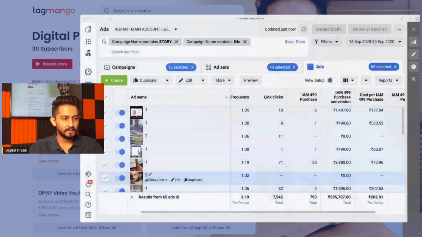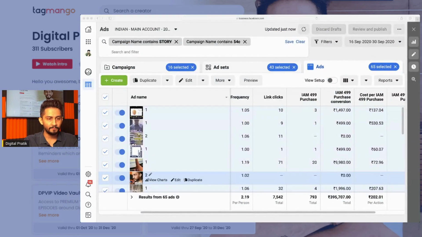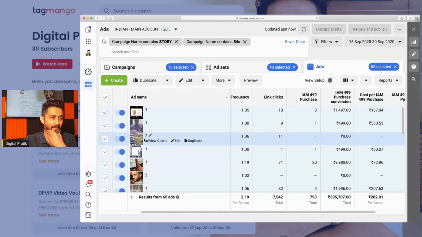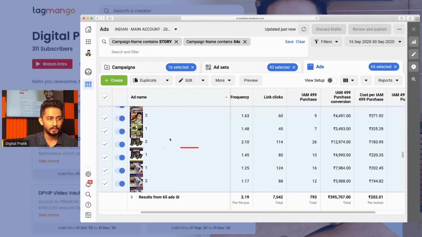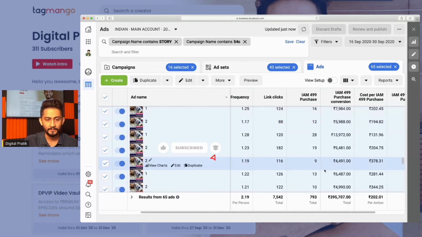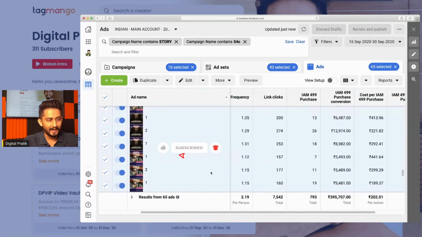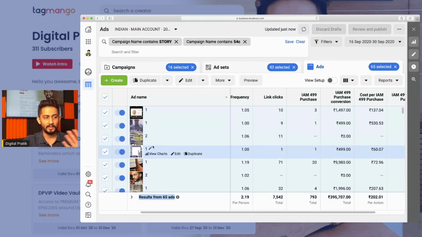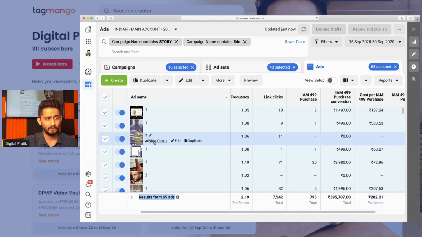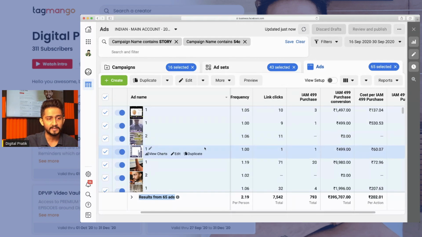So I'm going to just share my screen right over here, and you can see these are the campaigns which I had run for this Insta automation program, which was a 500 rupees product. As you can see, there are multiple advertisements on story, 65 ads which I ran from 16th September till 30th September, and this was all about promoting this Insta Auto Machine program. Now, this is a mix of cold audience, warm audience, hot audience, retargeting ads, plenty of things.